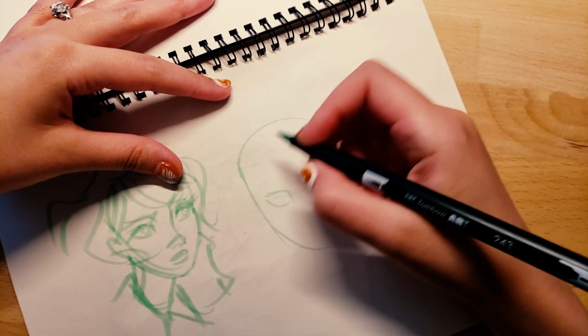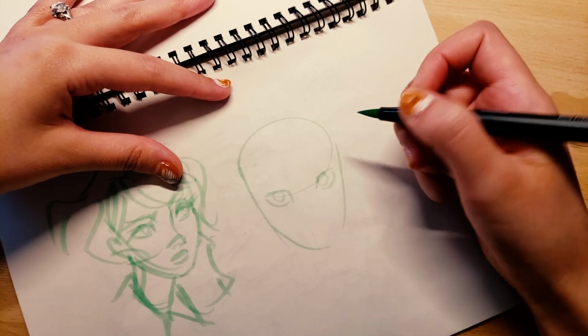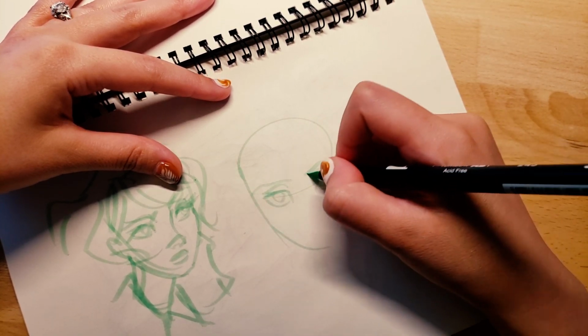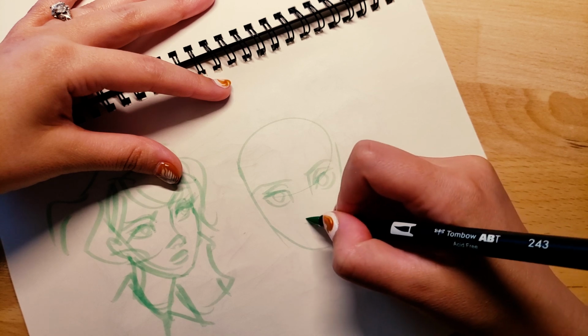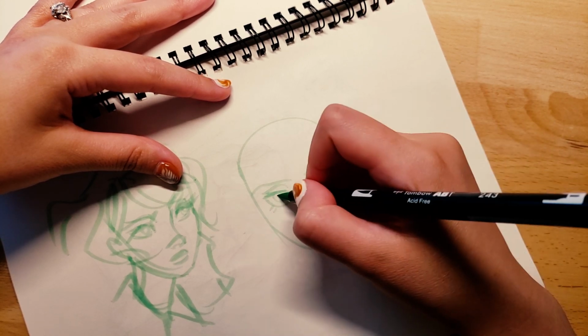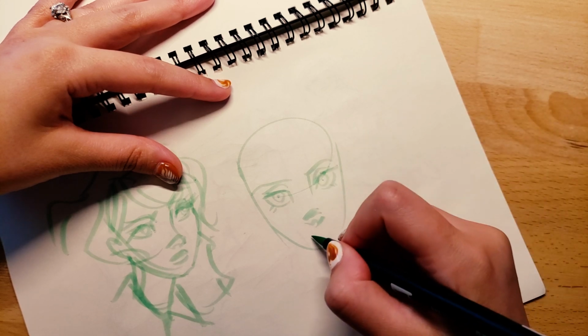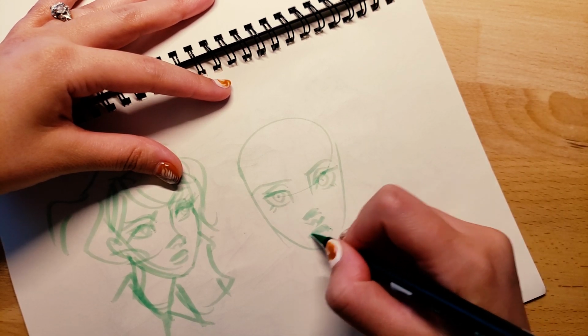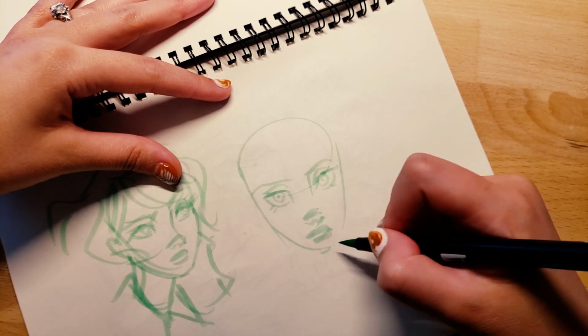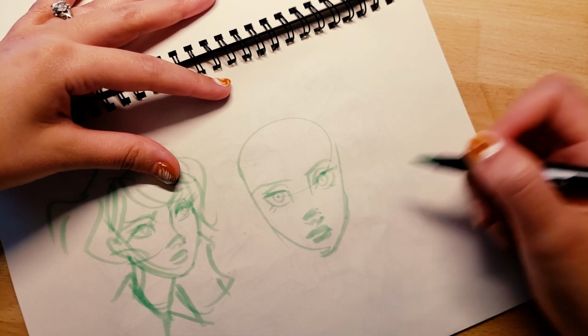I thought about it, and I do think the majority of the comic is going to be done digitally, because I just don't think that it's sustainable to do everything traditionally. But after giving it some thought, I did decide that maybe I'm going to do the prologue traditionally. So that's kind of exciting. I don't even know if I'm going to be able to do it properly yet,